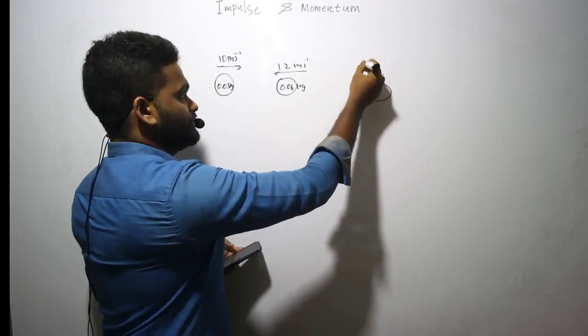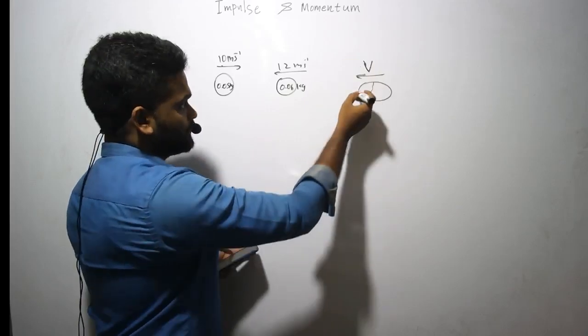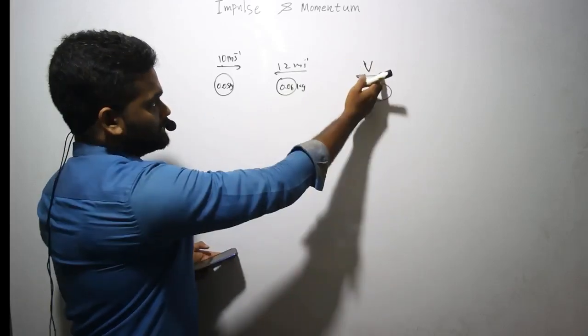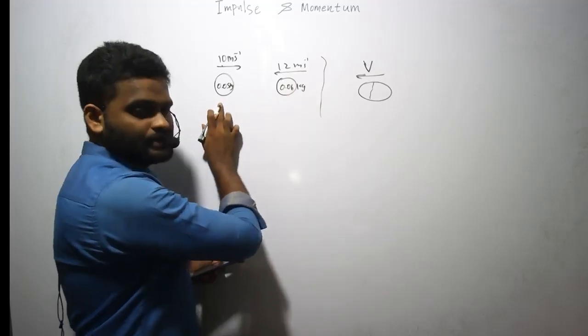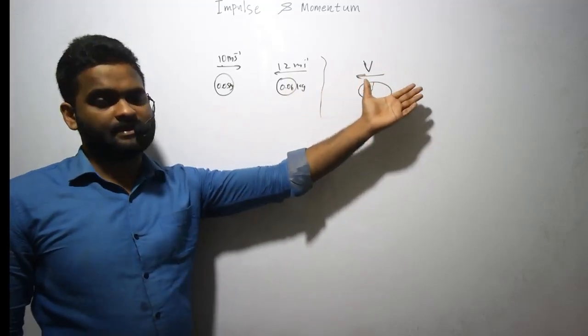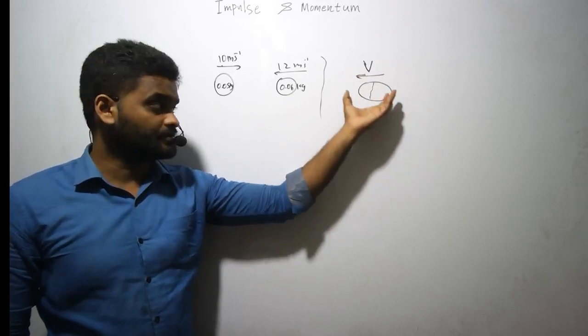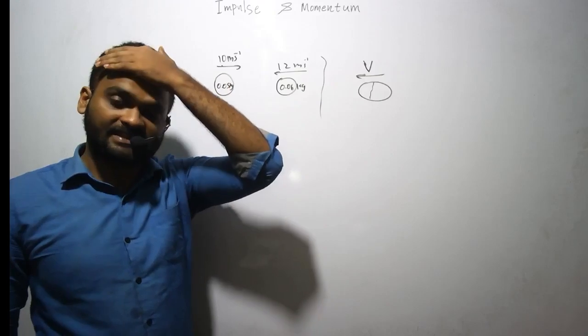Then let's say the velocity of the compound is just v, right? And I just mark that to this direction because after collision, they should move to the other direction, right? Even though you marked it to the other direction, it doesn't matter. You would get a negative answer for that one. You can correct that. You can say that it is to the opposite direction,